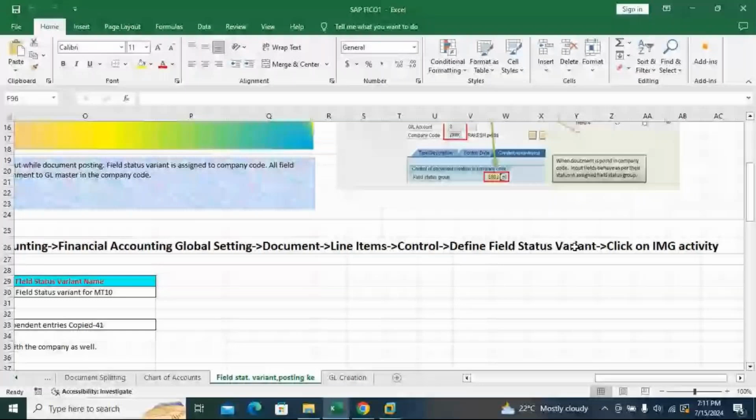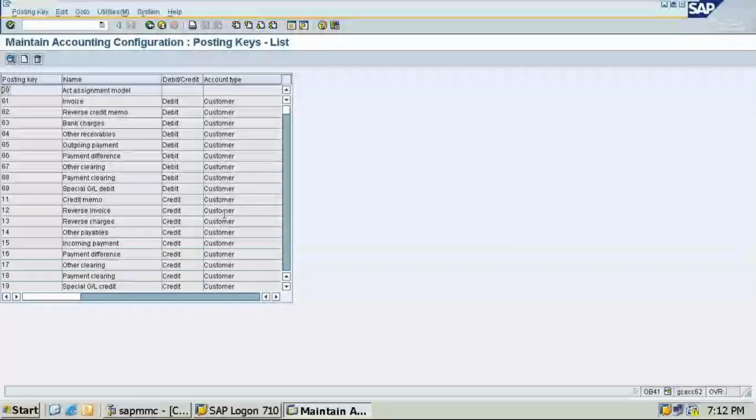Students, the posting key you need not define. Why? Because what is this posting key? Everyone knows about vendors and customers. What do you mean by vendors, students? All suppliers of goods and services, right? These are called vendors, and customers are the consumers. So we have the posting entries. What is actually a posting key?